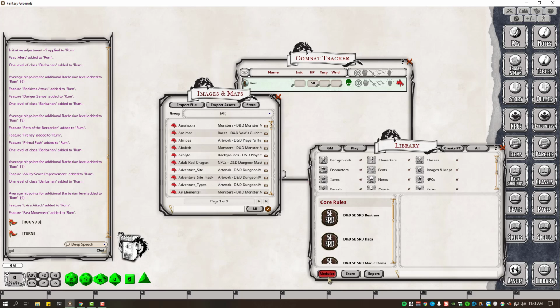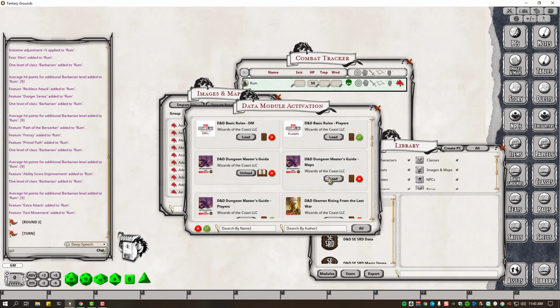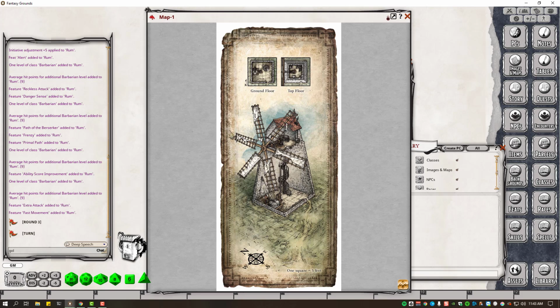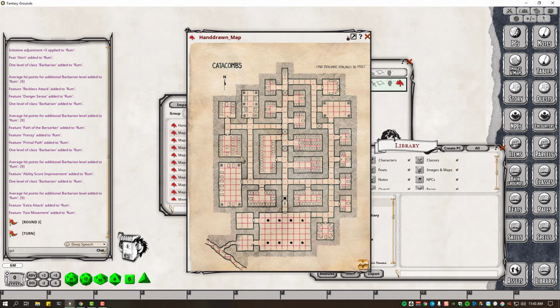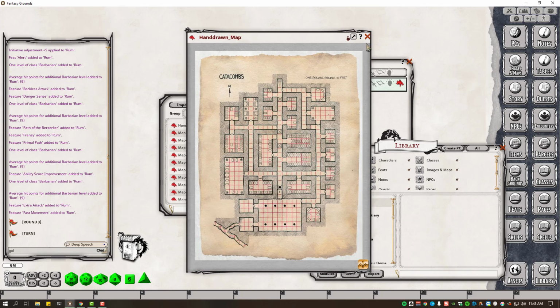So let's go to my library, and I'm going to load me up some Dungeon Masters maps. Cool. And then we'll go to that category. Not artwork. Maps. Okay, we've got a bunch of different maps here. Oh, it's cool. I've never seen this one before. Well, this is perfect. Okay. And then, okay, so hand-drawn map, which apparently we can't...